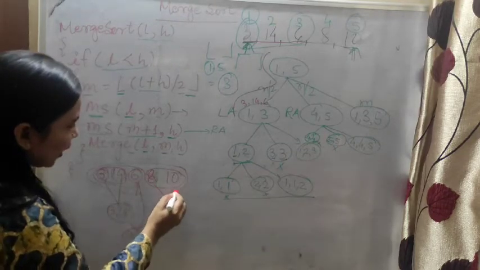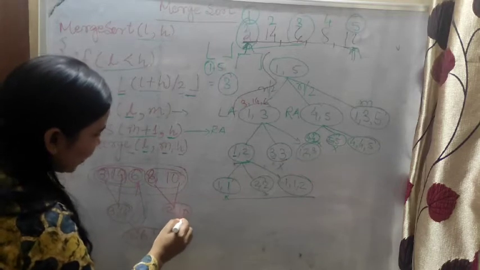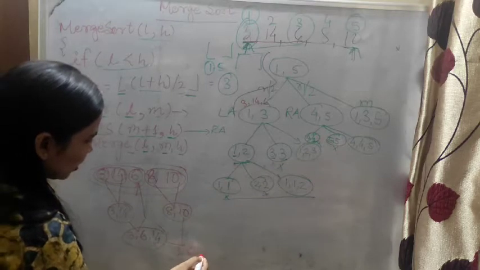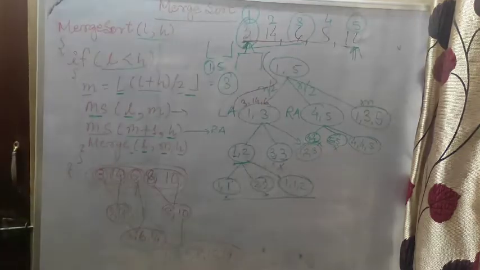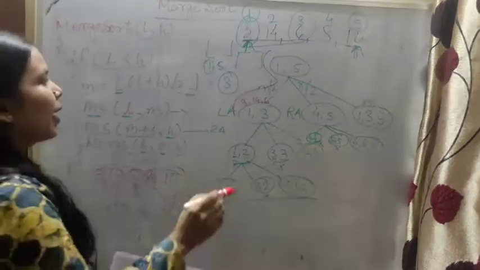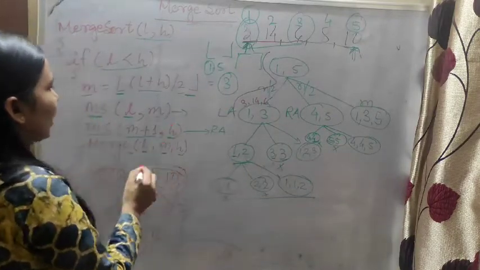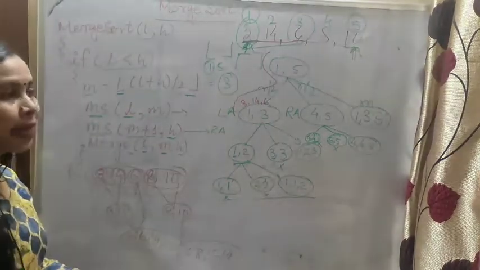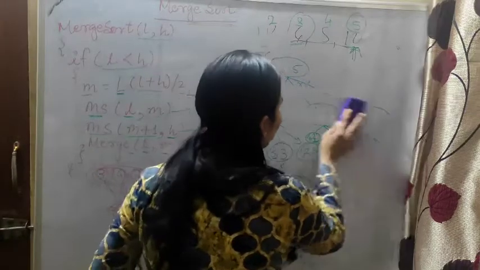Now 8 to 10, this one first you will compare 8 to 10. It is sorted, and these two parts we will sort. So 3, 6, 8, 10, then 14. Like this we will sort it. So this is the sorting area. Now you can see, whenever you merge sort using this, you can check it here. We are using it, we will find out the time complexity. So how will we find out the time complexity? Just wait for 1 minute. I will remove it and explain again.